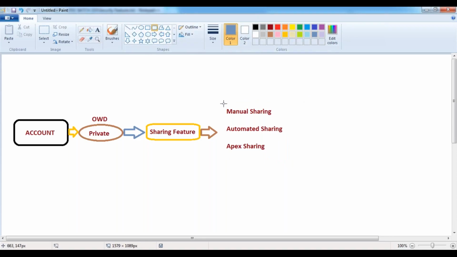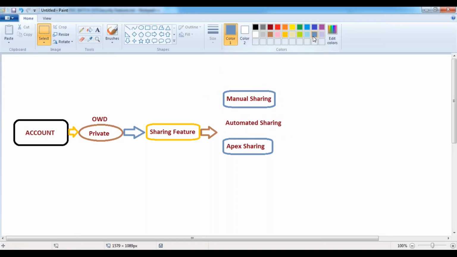Now let me explain each and every feature: manual sharing, automated sharing, and Apex sharing.